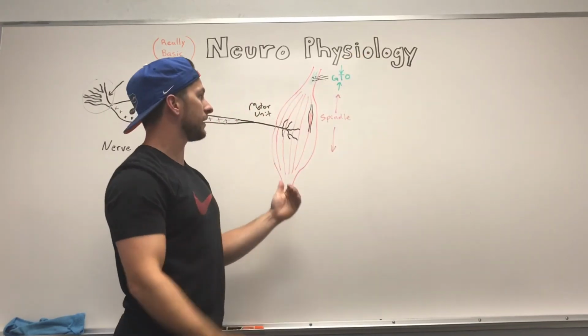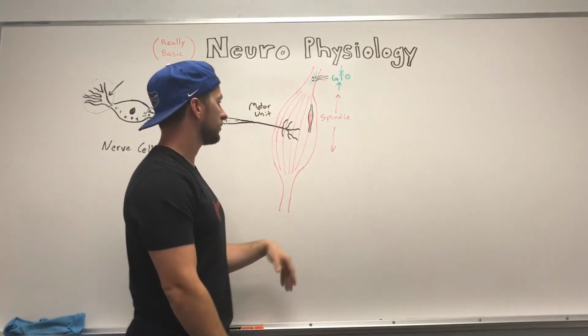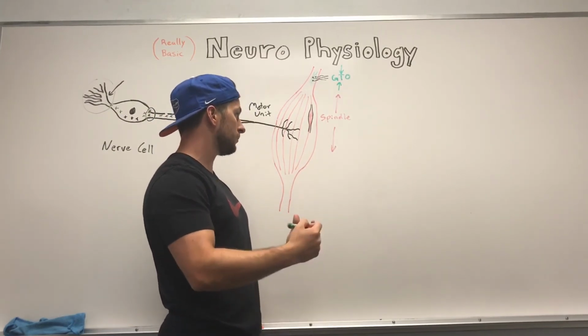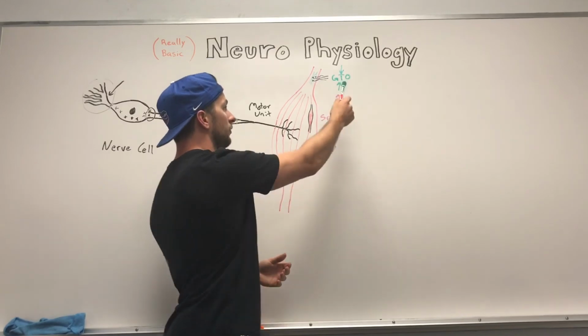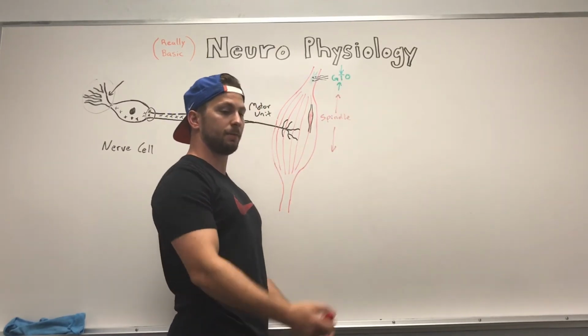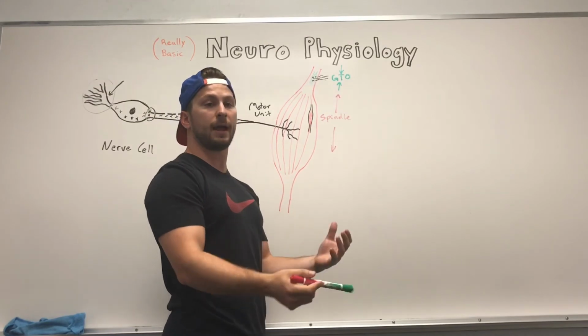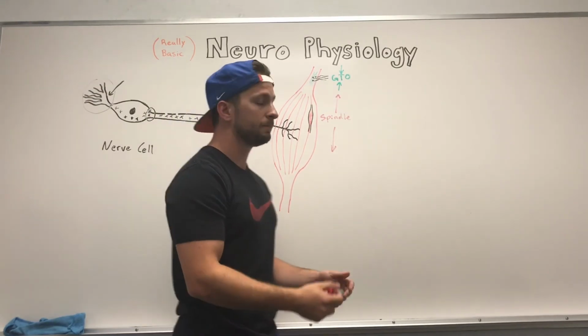kind of reflexes, but both very useful, right? So the spindle is monitoring the amount of stretch and causes a contraction when stimulated, and the GTO, the Golgi tendon organ, is monitoring the amount of tension in the tendon from contraction and then causing the muscle to relax when stimulated enough, right? So